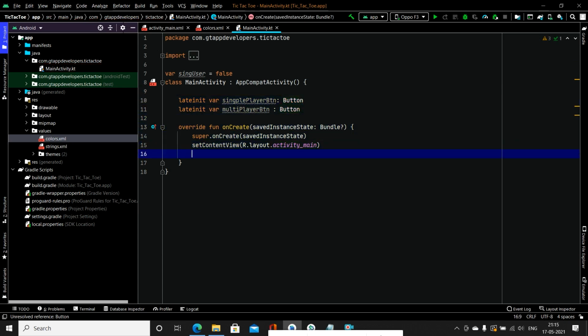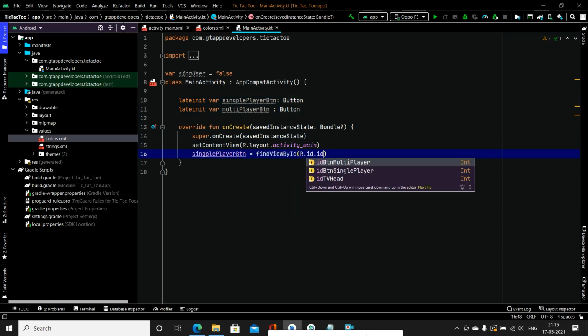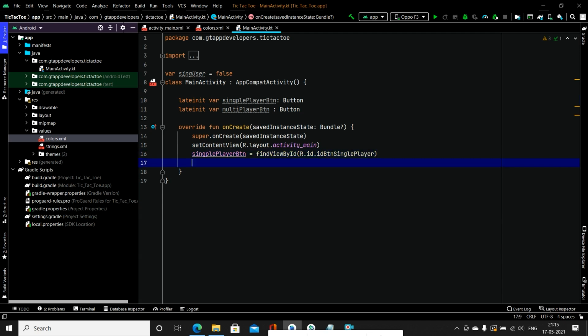Now we have to initialize this button with the ID which we have given. After that, we have to add the on-click listener to both of our buttons.